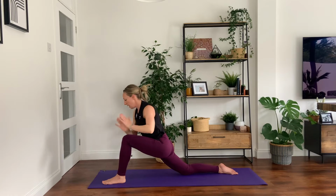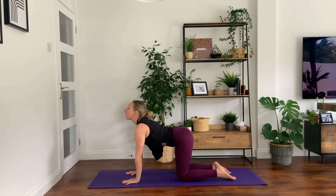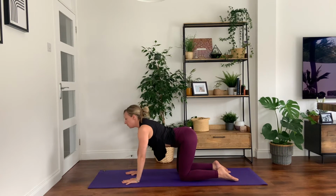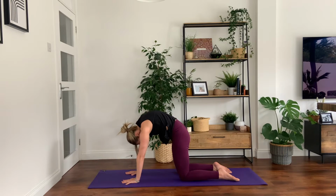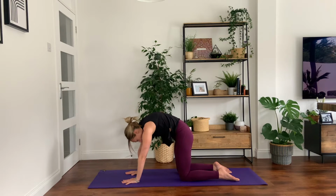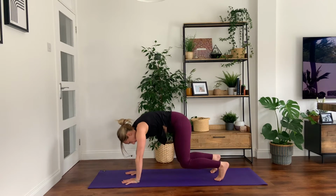Good. Releasing hands back down to the ground, finding your way back into your tabletop, working through 5 cat-cows, inhaling, lifting, and exhaling, rounding the spine, chin to chest. Good, making this your last one. And as you exhale, start to round through the spine, tuck your toes and make your way back into your